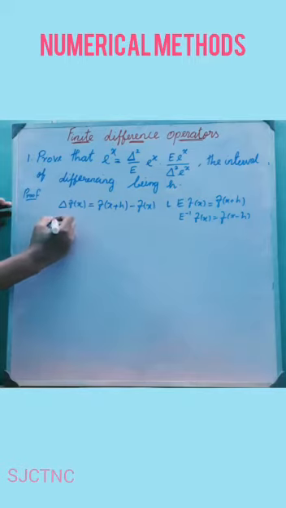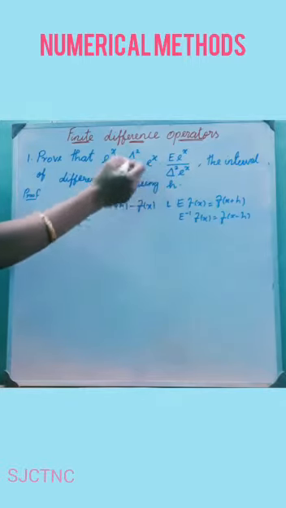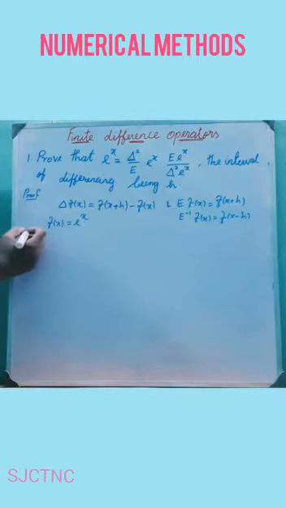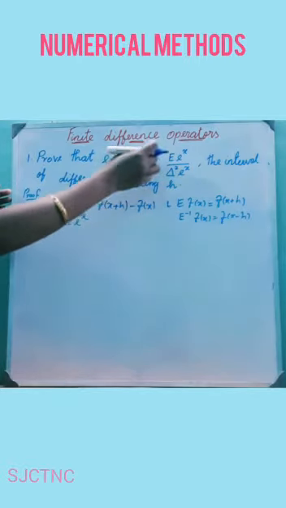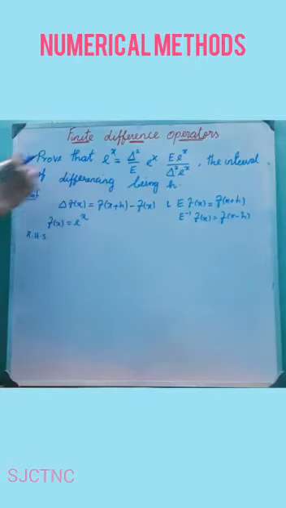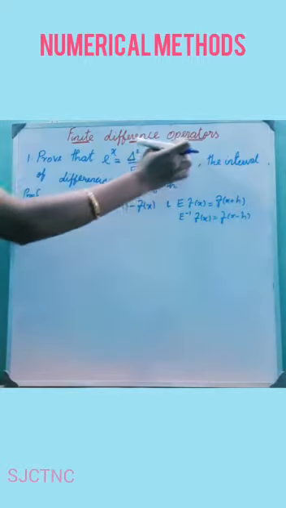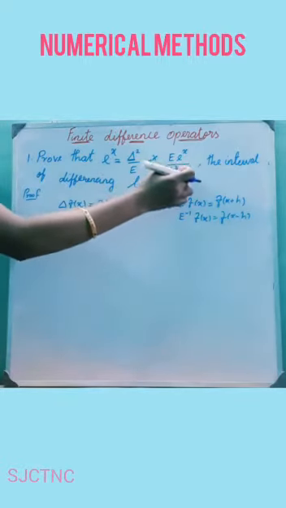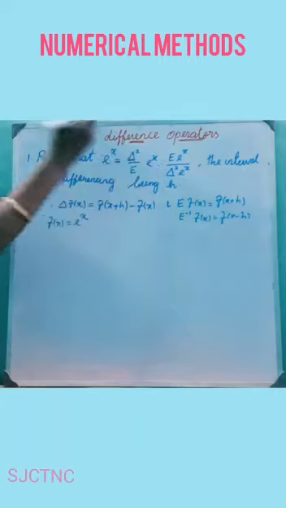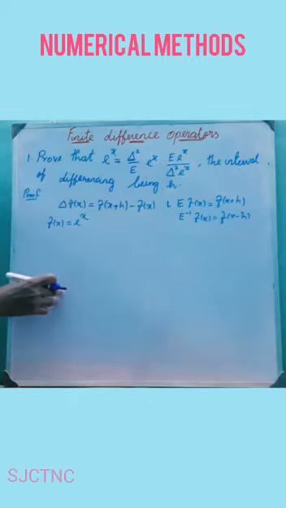Here the given function is e power x. I am going to take the right hand side value. Before solving the right hand side value, first solve the separate operators: e power x, then del squared e power x, then del square divided by e, and then we can combine the values.